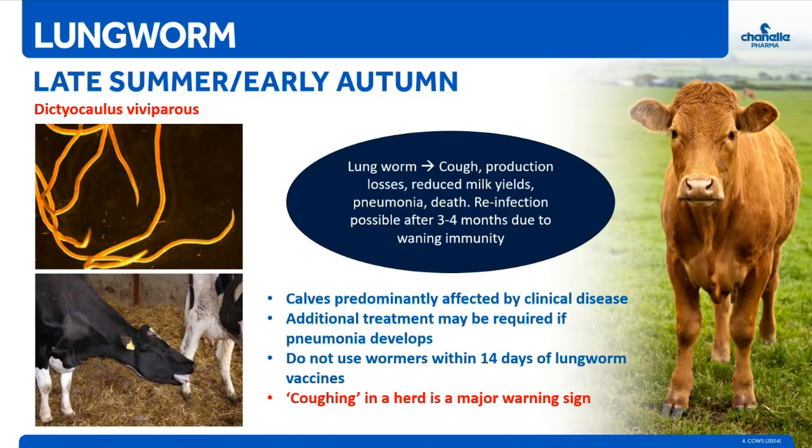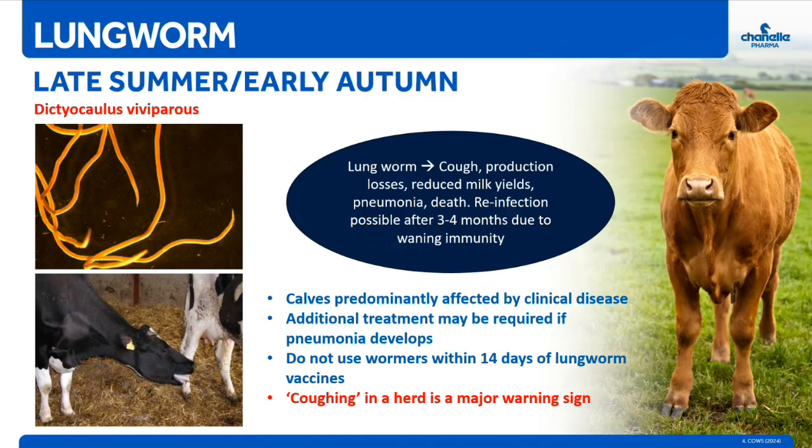Lungworm in adult dairy cows can also be a problem if there is no history of exposure or the herd suddenly encounters high challenge levels. For example, if an infective animal is brought into the herd. The animals in the existing herd, their immunity might have waned, as we mentioned just now. Remember, it wanes in about 3 to 4 months, so they can be at risk relatively quickly. So look out for milk yield drops in the herd, and also listen out for that distinctive husking cough.